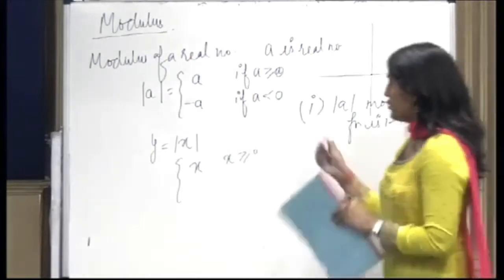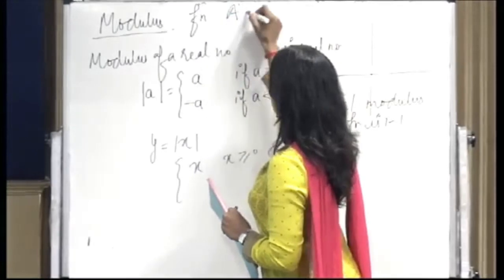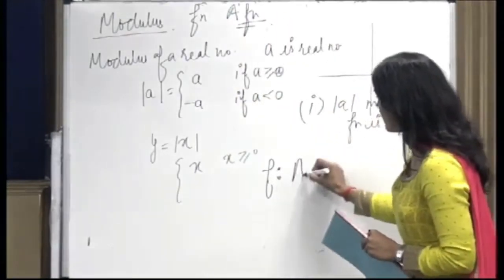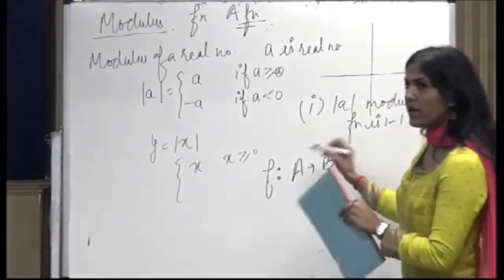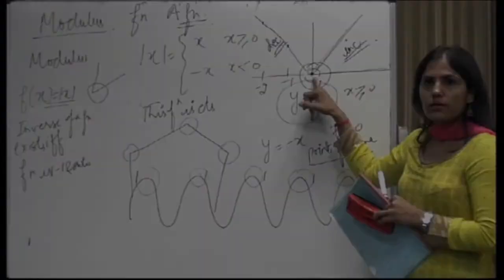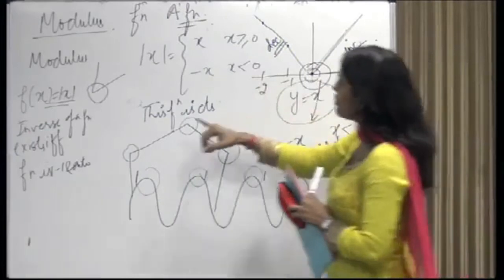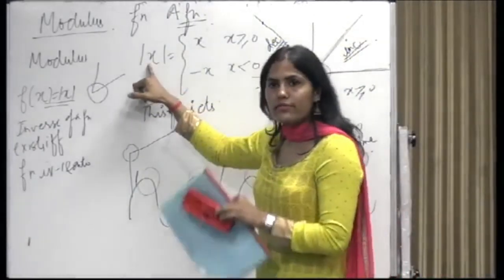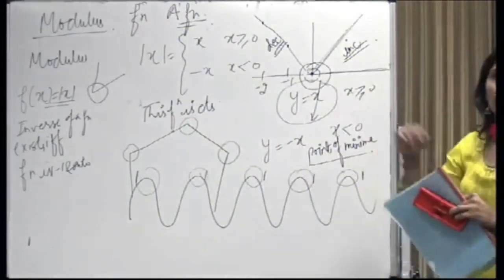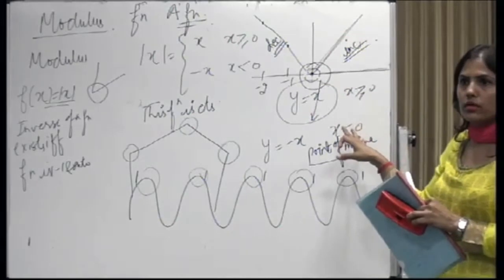Okay, function definition. Basically, I think first I should tell you what a function does. Suppose f is a function from a set A to B. When we say a relation is a function, this is A set, this is B set. If it is minimum at 0, the function is minimum, and that value you can also answer because the function is defined like this. So at 0 the value is 0. So the minimum value at 0 is 0. Is it fine now for the modulus function?